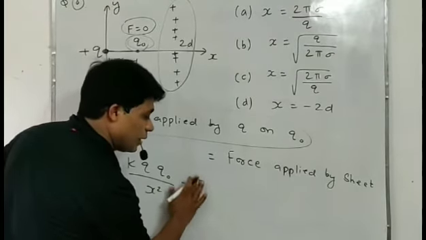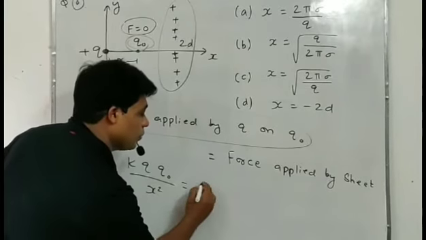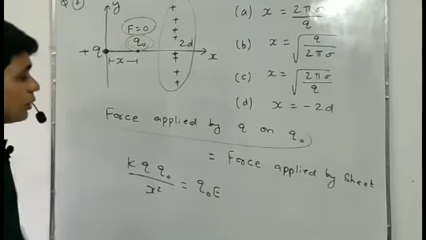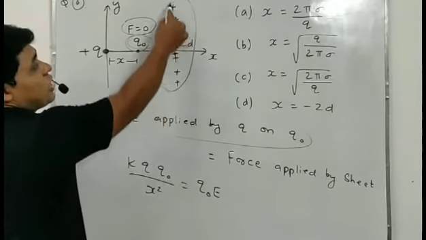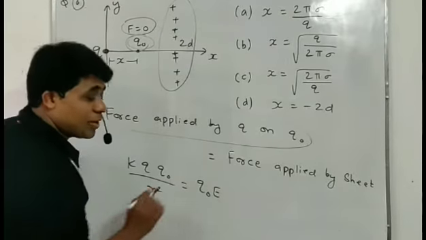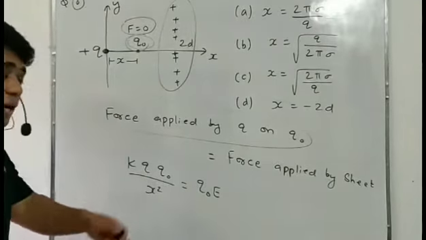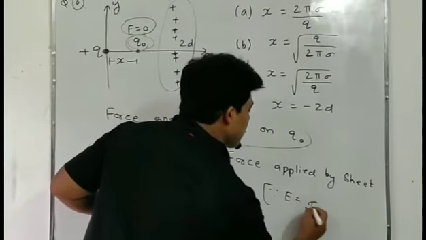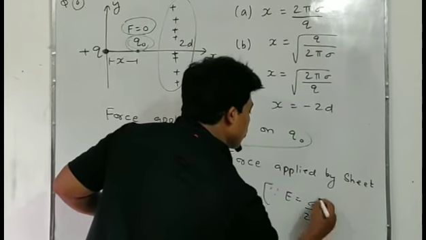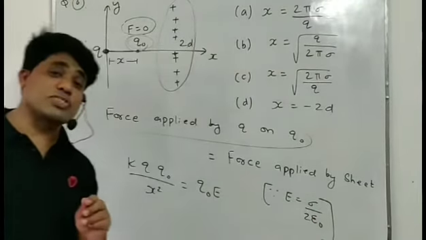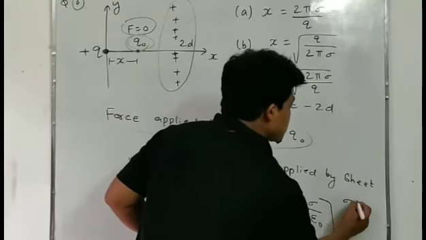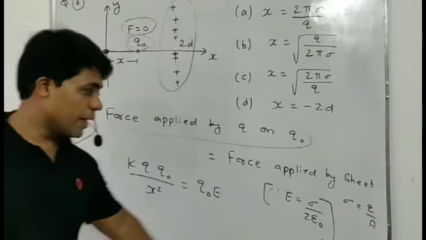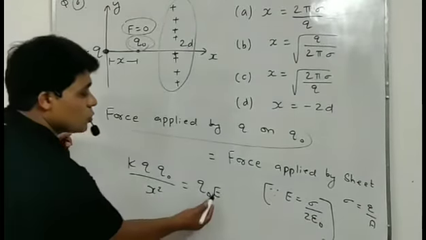This is the charged lamina, having an electric field, that will exert force on this test charge. We can write F equals QE, so you can write q naught E. This is the force exerted by this charged sheet on the test charge. How much is the electric field of a charge sheet? That is an application of Gauss theorem: the electric field is sigma by 2 epsilon naught, where sigma is called surface charge density. Charge per unit area, q by A, is called surface charge density, and epsilon naught is the permittivity of free space.